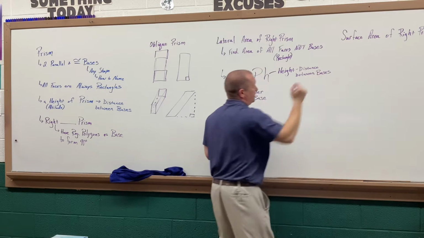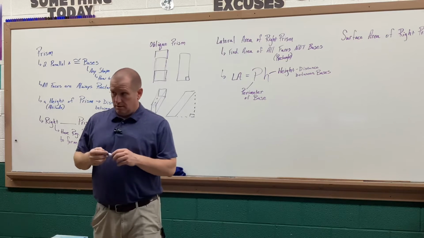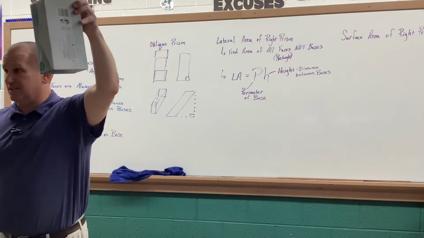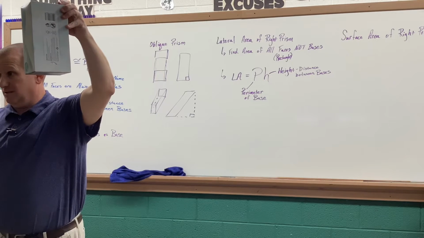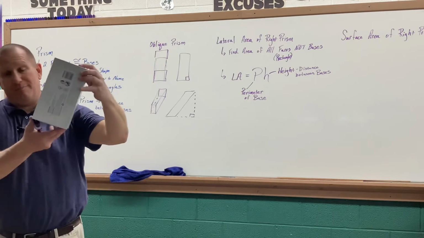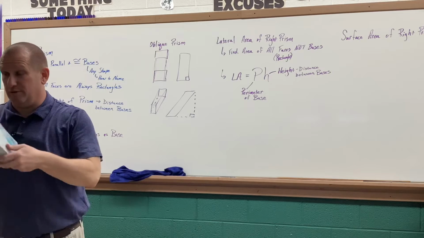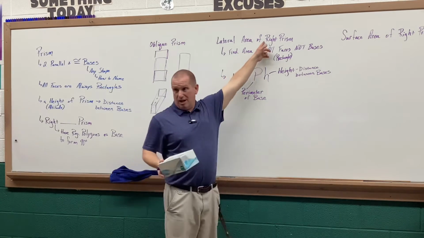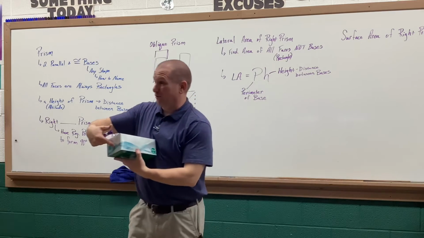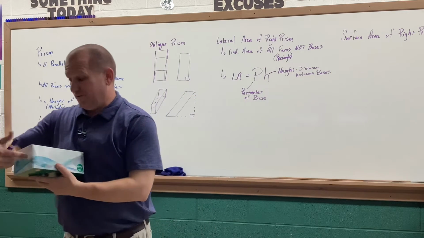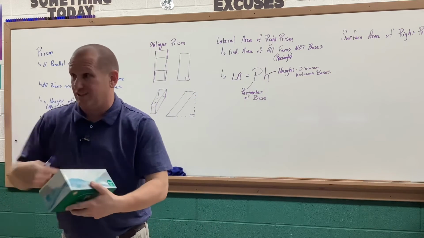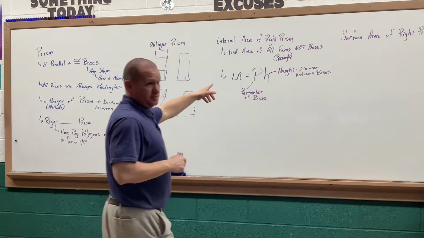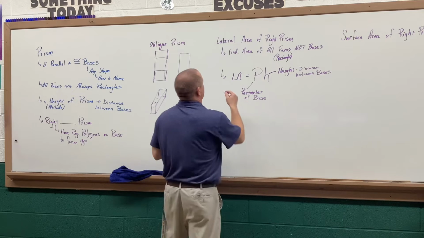That makes sense, what I'm saying there? Okay? So again, I can't use this, right? Why can't I use this? Because none of my bases, or none of my faces, is a regular polygon. This isn't a square. We came to a conclusion. So if this isn't a square, then all of these aren't the same thing. They have to be perfect in order to do this. Okay? So this is only